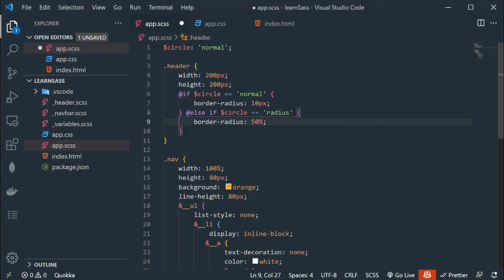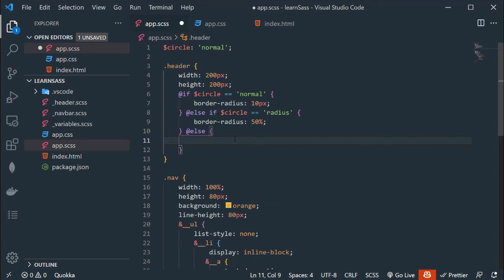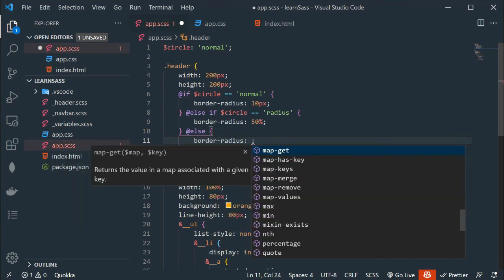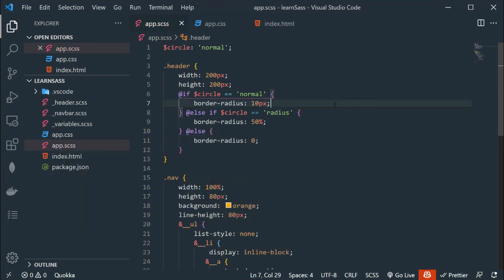Otherwise go to else. Right here go to else and simply use border-radius 0. So if these two conditions are not true, then go to else and simply use border-radius 0.